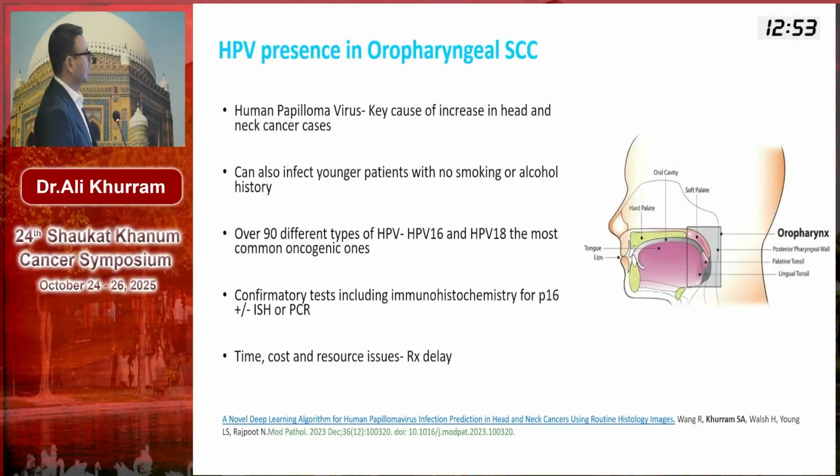Now, one thing that's changed a lot over the last 10 years or so is HPV testing, with the increasing number of HPV positive head and neck squamous cell carcinoma, particularly in the West. These patients don't tend to have the usual risk factors or habits, but there are a lot of different subtypes of HPV. So that means, of course, we need to do P16, but P16 is not specific enough on its own. So particularly in the UK, you need to do either in situ hybridization or PCR to confirm that for head and neck cancers. That means there's a delay. That means there's also a cost as well. And also, a lot of the places in the world don't have access to all of those testing facilities.